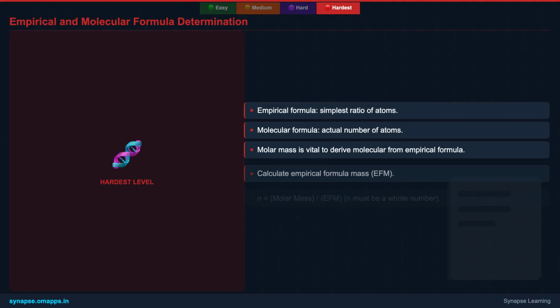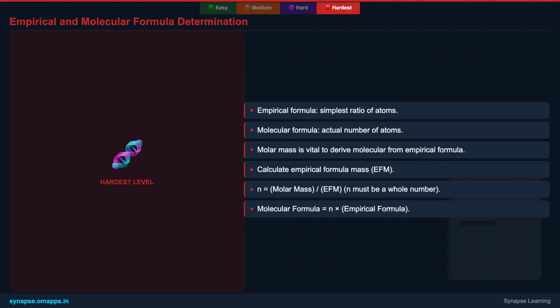Beyond simple compounds, molar mass calculations become more intricate. Consider hydrates, which are compounds like copper sulfate pentahydrate, containing water molecules within their crystal structure. Their molar mass includes the mass of these water molecules. For mixtures, we can calculate an average molar mass, a concept vital in industrial processes involving gas blends or solutions. Molar mass also underpins percent composition calculations, telling us the exact proportion of each element in a compound. These advanced calculations are essential for detailed chemical analysis and formulation in various engineering and scientific fields.